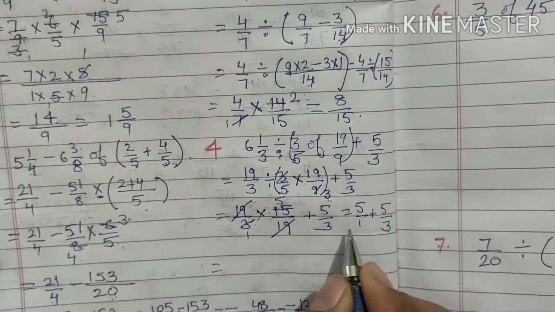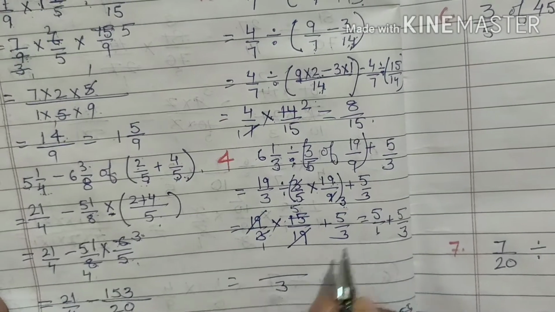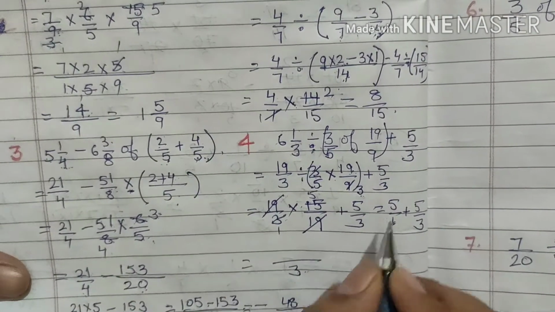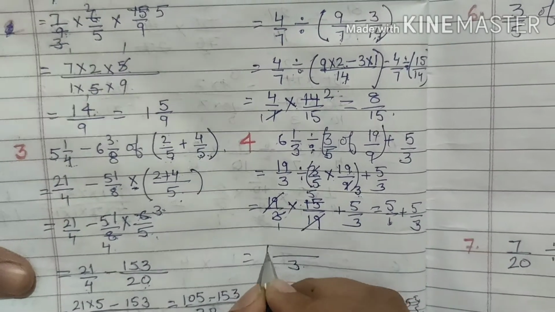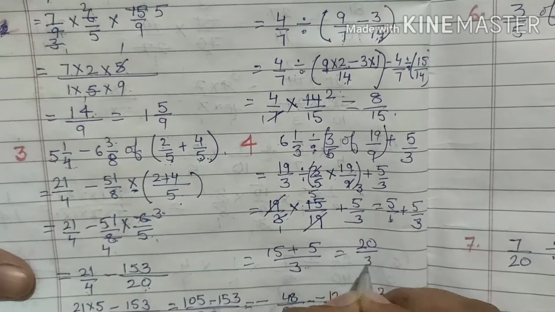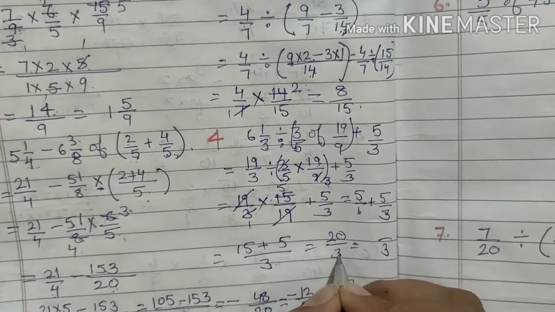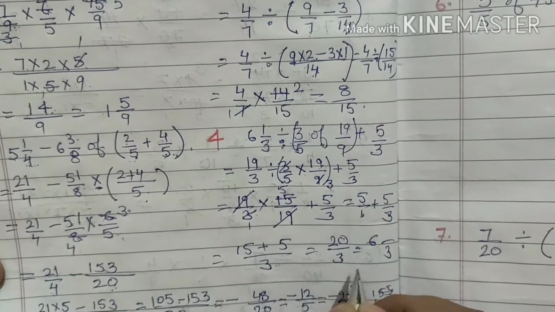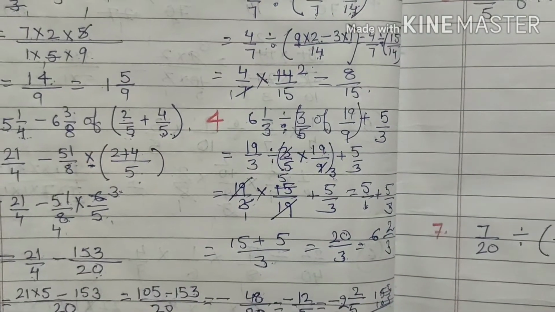So we have to take the LCM of 1 and 3 now. So the LCM of 1 and 3 is 3. Divide this 3 by 1. So we are left with 3. 3 ones are 3. So we will multiply here by 3. You can cross multiply here. 5 threes are 15 plus 5 ones are 5. This is 20 by 3. Now write this as a mixed fraction. Divide 20 by 3 and write the quotient here. 3 6s are 18 and 2 left. So we will write the remainder 2 here.